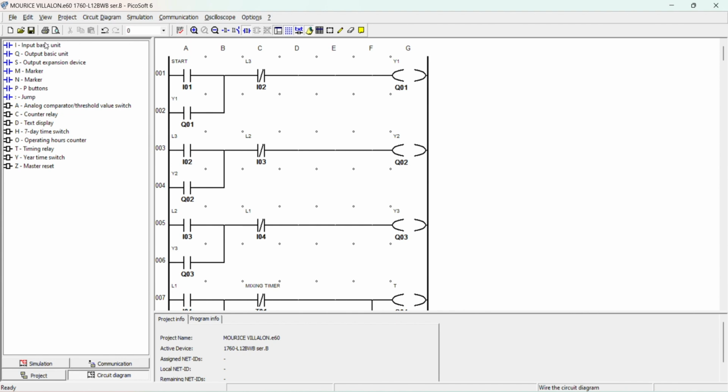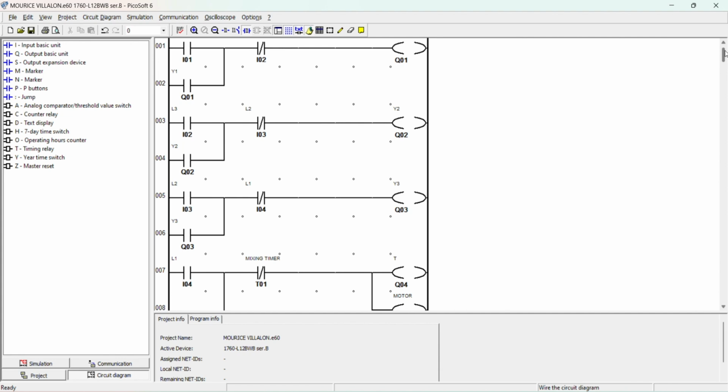This is the input basic unit, this is the output basic unit. So it will supply the Y3, which is the liquid C, and it will reach the sensor, which is the L1, the last sensor. It will trigger to supply the mixing timer.